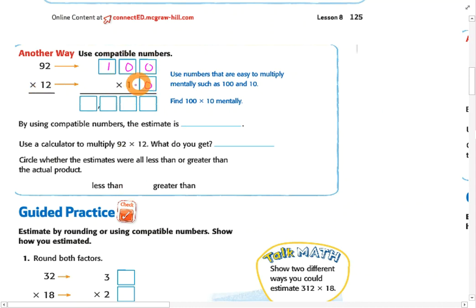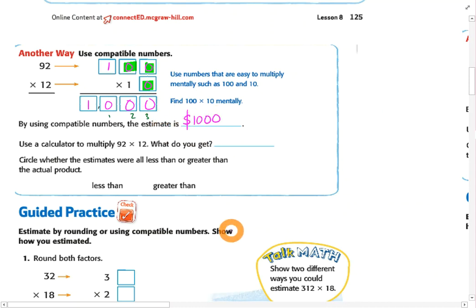So powers of 10: 1 times 1 is 1, but I have 1, 2, 3 zeros. So in my answer, I have 3 zeros involved here. So an estimate, if I were simply to mentally look at it and say 92 is close to 100, 12 is kind of close to 10,